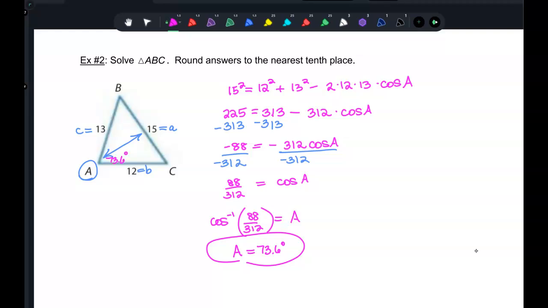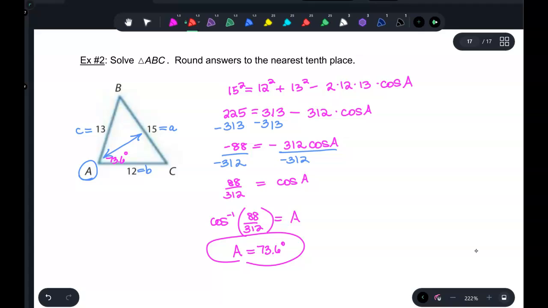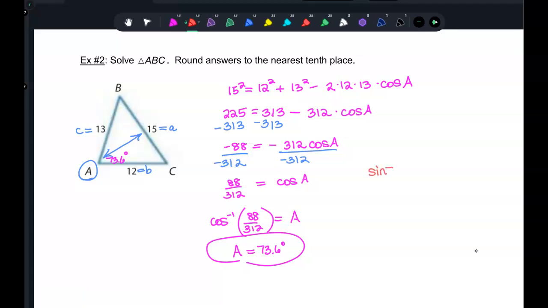Now I have to find all the other missing angles, which means B and C. Now it doesn't matter which one we go to next. Let's say I want to find angle B. Well, now that I have an angle and a side directly opposite, I can actually use the law of sines. So I'm going to use sine of 73.6 degrees over side A, which is 15, and then I'm going to do sine of B